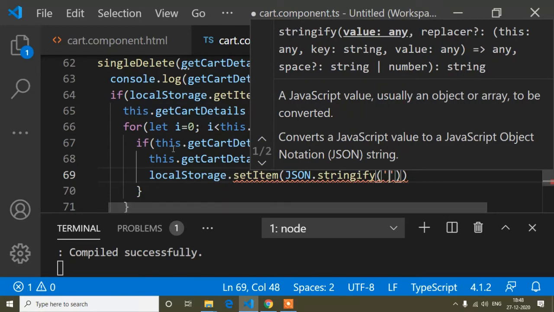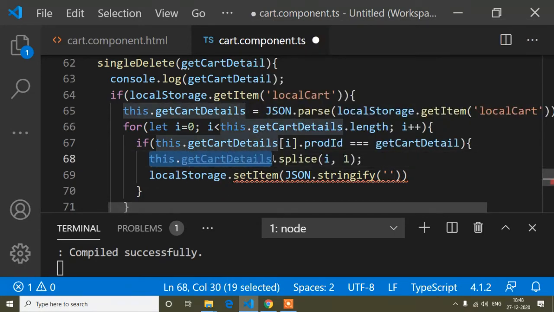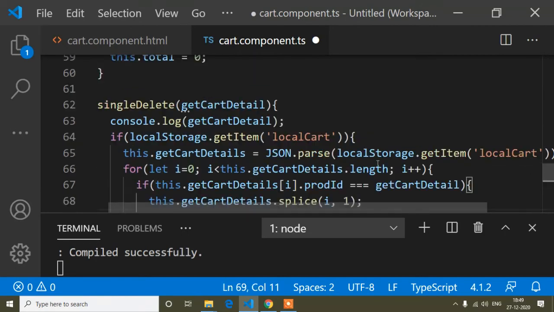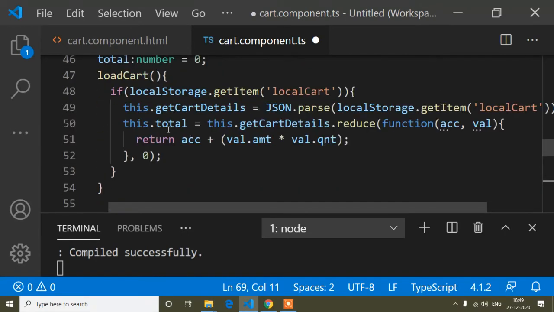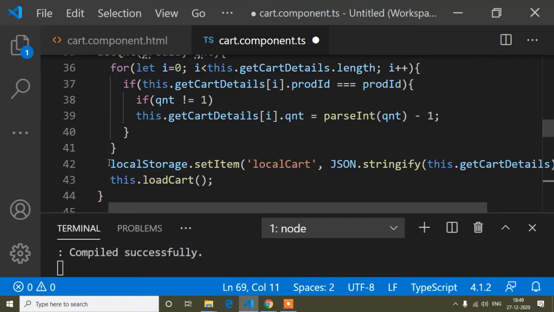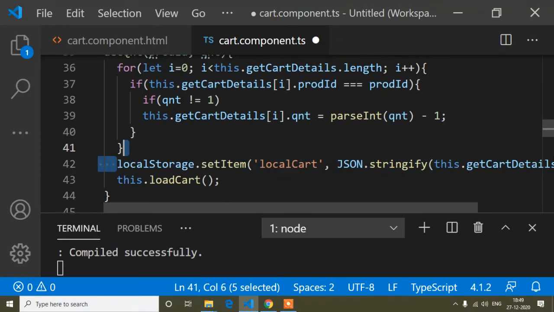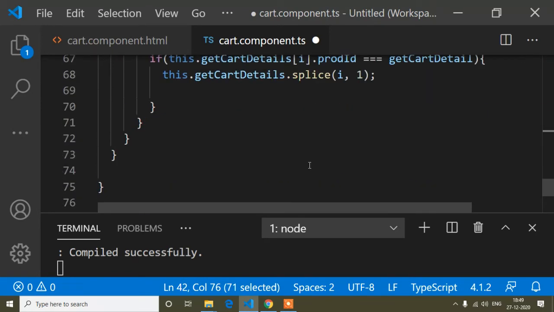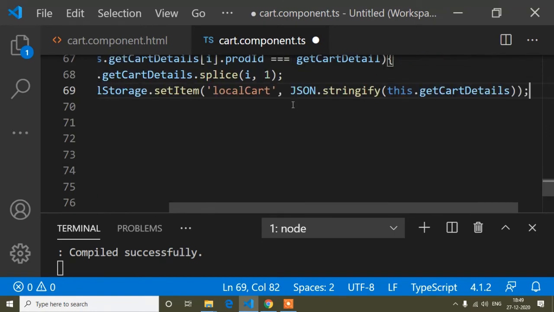So inside this, here I will store this one. Sorry, guys, here I made a mistake in the syntax, so I will copy from here. I don't need to write because I already stored it. So here I will copy from here and paste here.